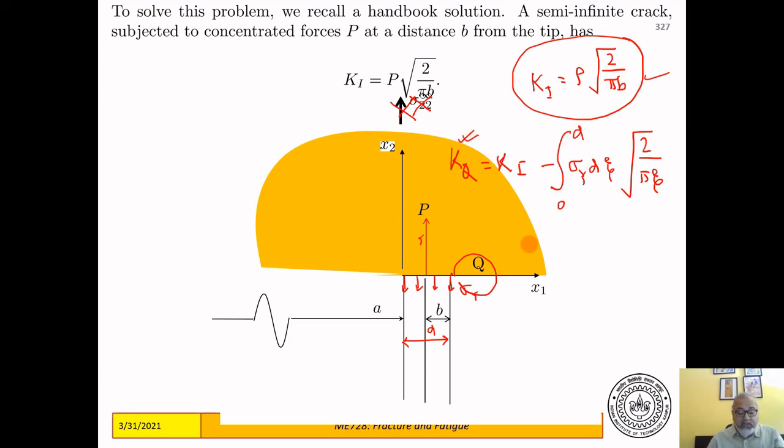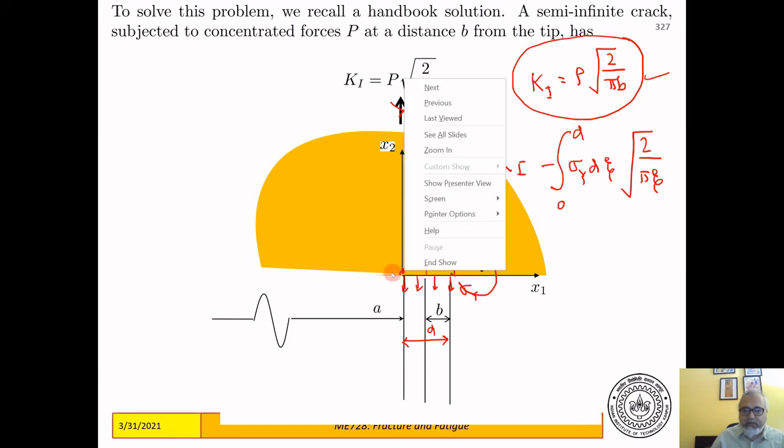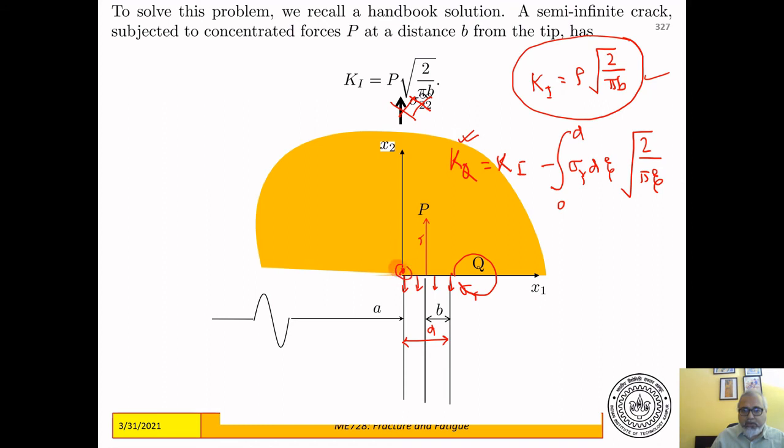KQ has to be 0 because, why does the Dugdale zone form? The Dugdale zone forms so as to alleviate the high stresses that have been caused by the linear elastic fields in front of the crack, whose tip is at A, right? So due to the formation of the Dugdale zone, it alleviates the high stresses, it kills the stress intensity factor, so that at A plus D, the stress intensity factor is 0. So we will set this to 0, and therefore K1 will be equal to,